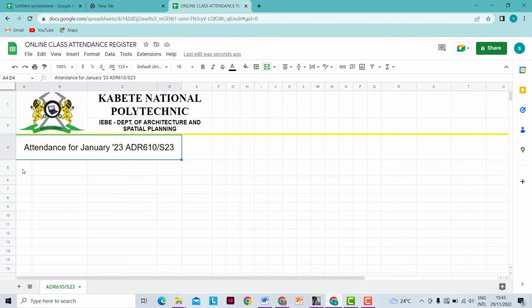And so then the row that is below it, that is where we will indicate the number of details. So here we'll have the serial number, and then we will have the other column, we will have the admission number, then on cell C5 we will have the full name for the trainees. Then on the other cell, that is D5, we will have gender,